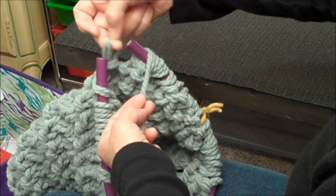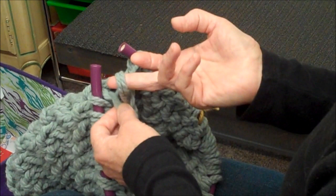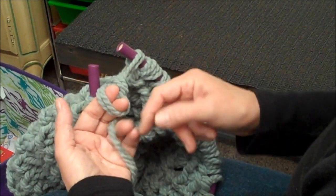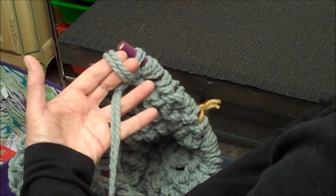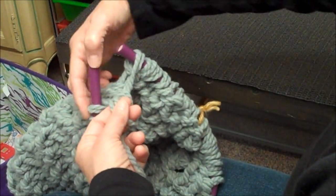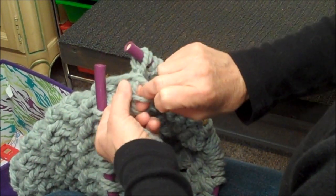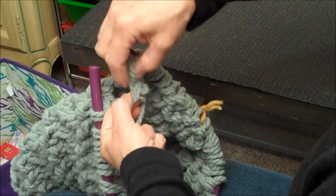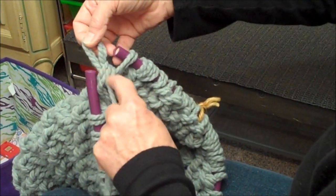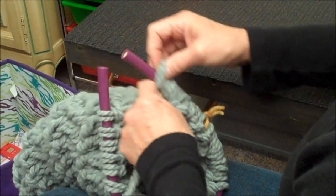So take off the first stitch, lay it over your working yarn, bring your working yarn or yarns through, put your fingers from your left hand in there. You can hold the working yarn across those strands if you want, through your palm. Then take off the next one, which is the yarn over, and put it over there. That's your new stitch. So you'll have 4 strands of yarn around that new stitch. Pipe it,